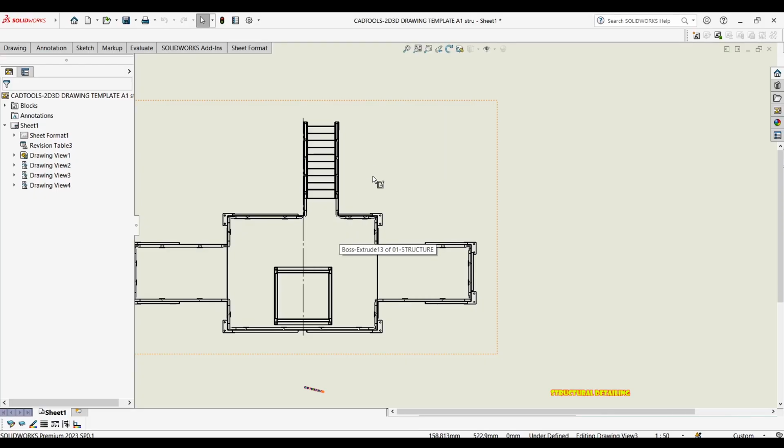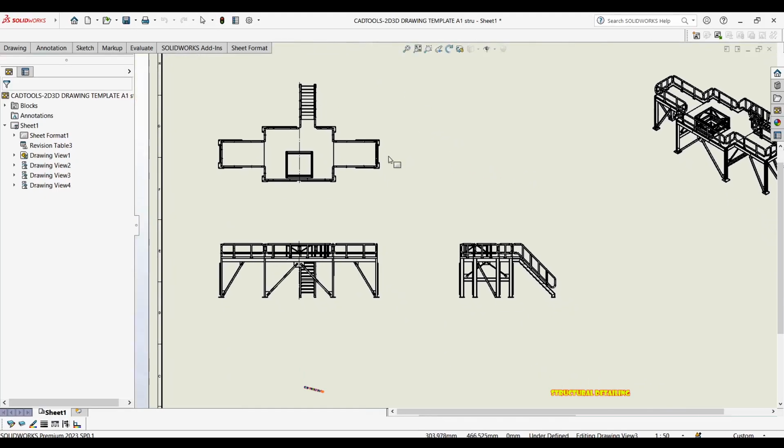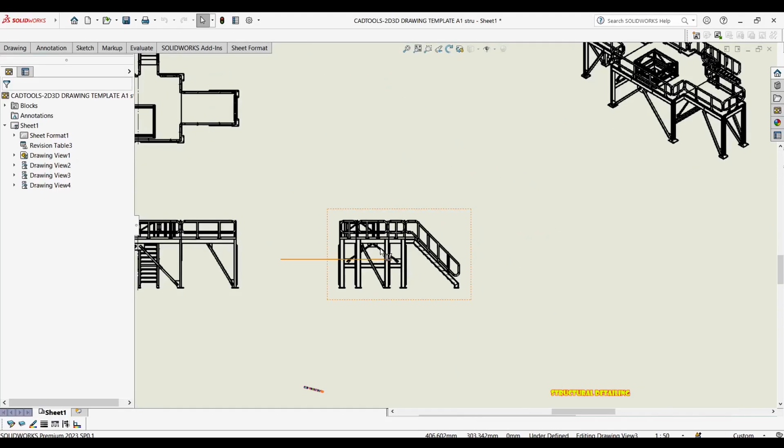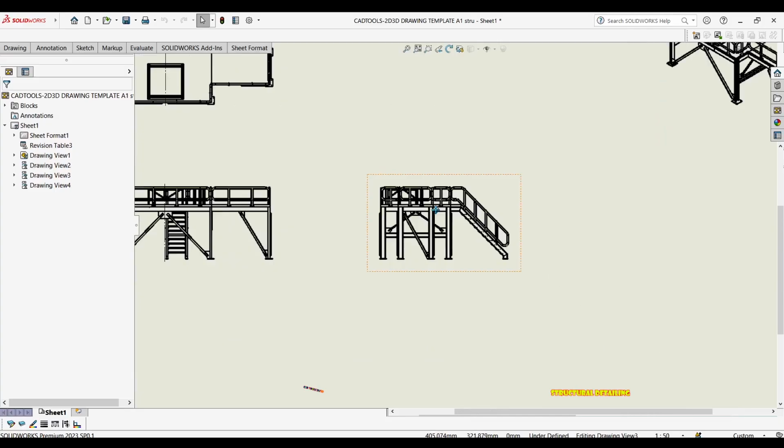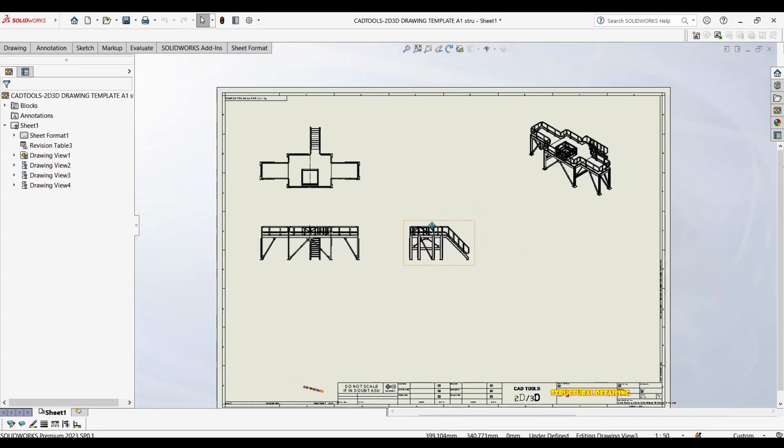It's really good. So, this is what we did on the other